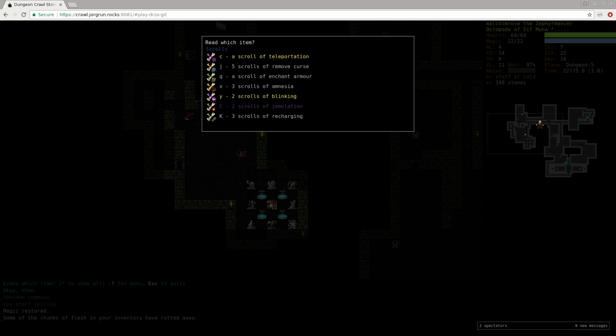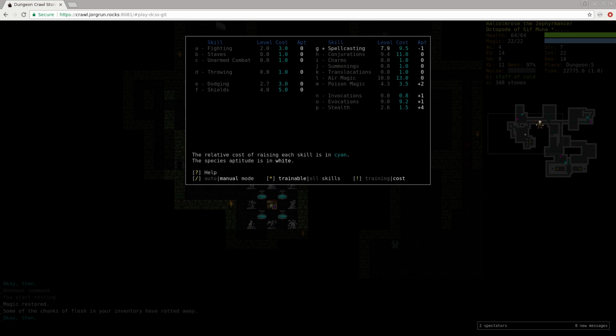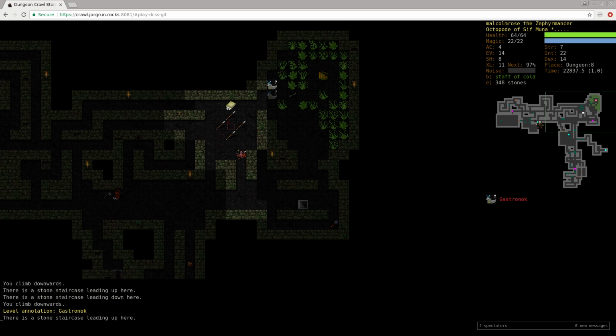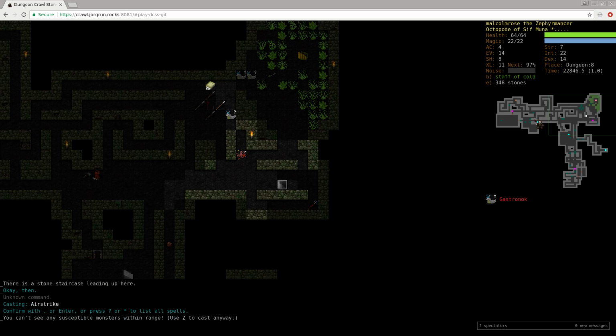And with 3 Scrolls of Recharging and a Wand of Clouds and 9 evocations, we're pretty well set for obnoxious encounters for a while. There's not a lot of stuff in the game that a Wand of Clouds can't fix for you. For example, I might just go ahead and take out our friend Gastronaut here. Unless I can get him in like a favorable spot to get,